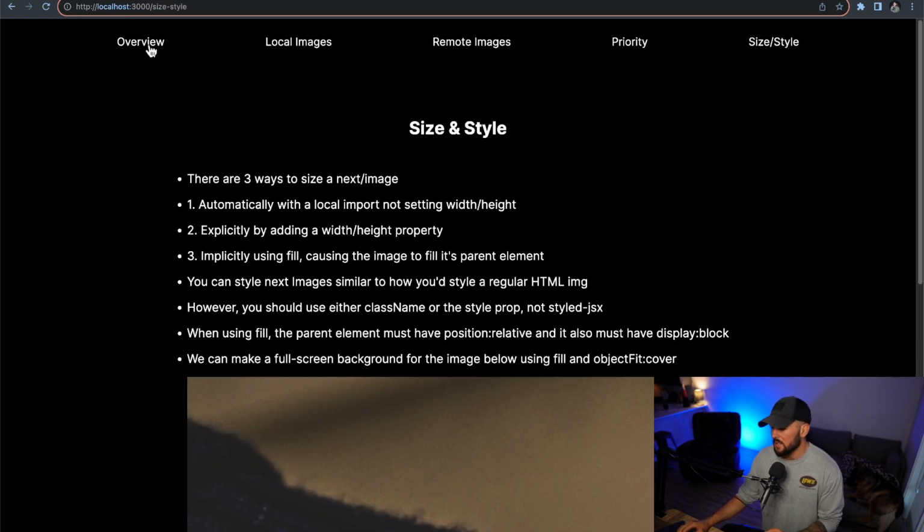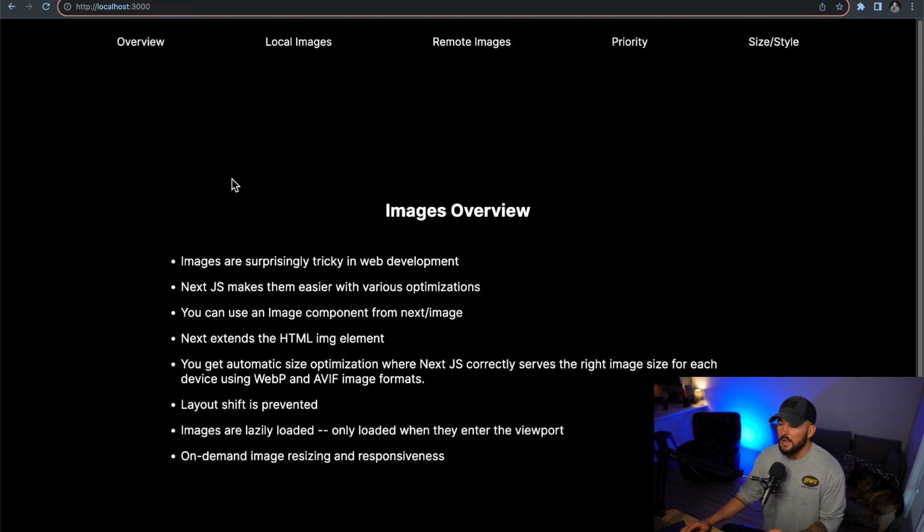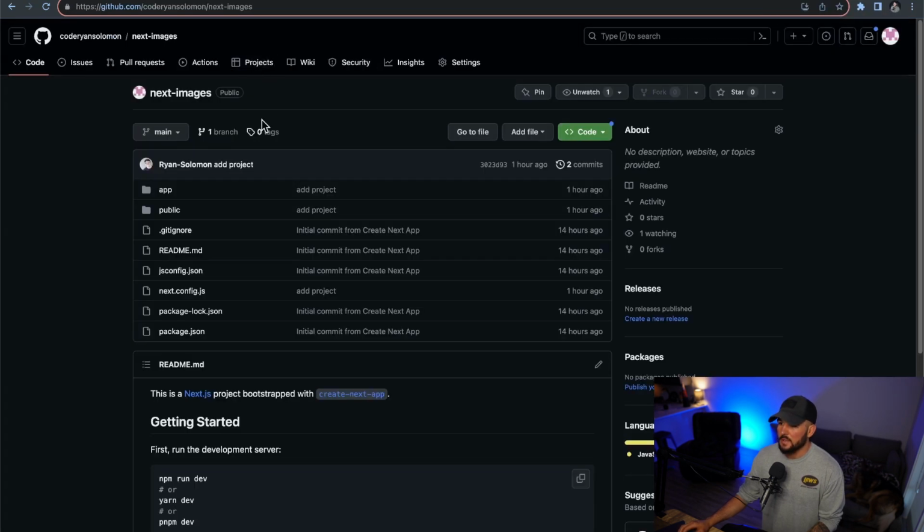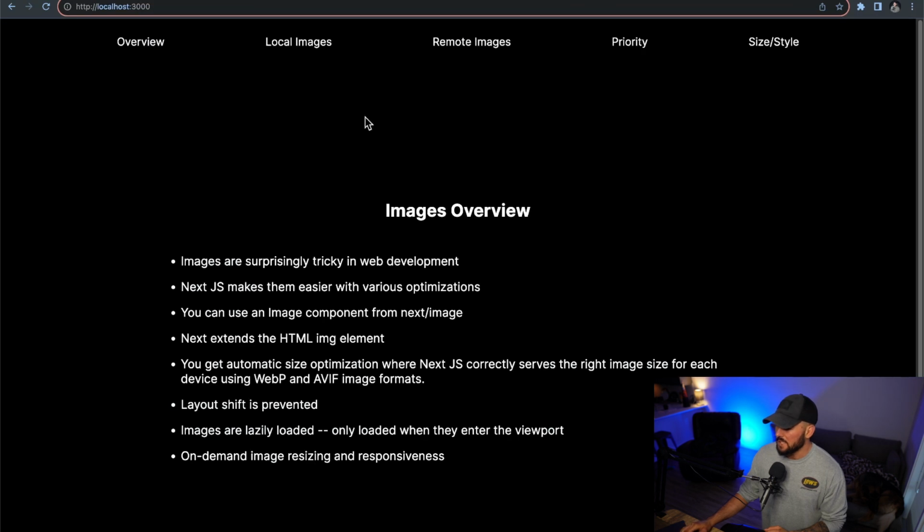within Next.js. So in this project here, I've just created a Next.js app to have my different notes here. So you can go to my repo here, so code Ryan Solomon /next images on GitHub. I will also try to make sure that this is linked in the description, and you can kind of just clone this, run npm run dev, and once you do so, you should see this project start up on localhost